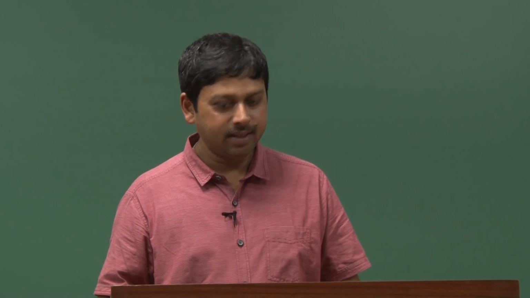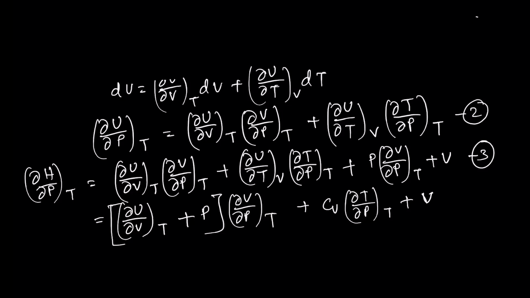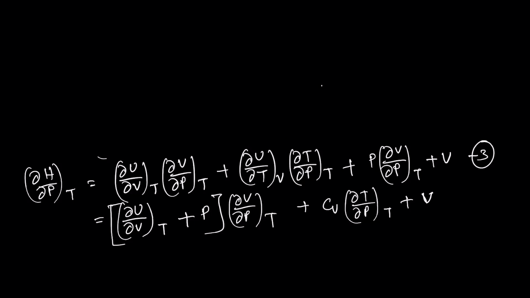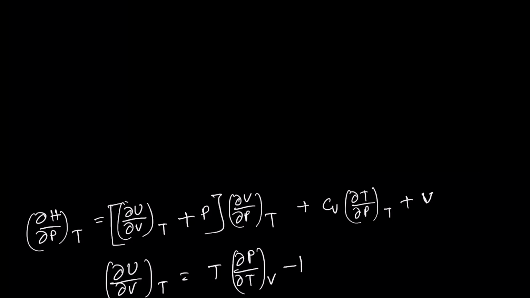Now, as I said, in order to write del U by del V, we used a trick, right. That trick we have to use again. Let me erase this part very carefully. The only thing is that we do not want to remember anything, we want to do it from scratch. So, this is our final expression, and I can just remove this line also. Now, del U by del V at constant T can be written as T del P by del T at constant V minus P, which you will learn later.